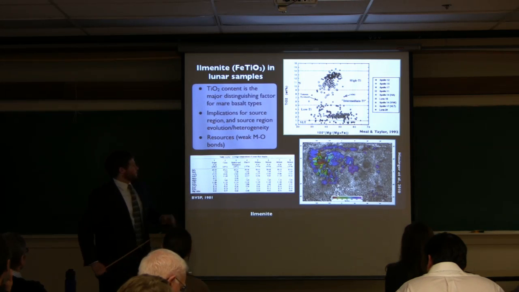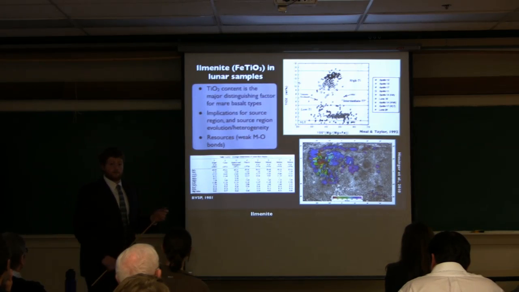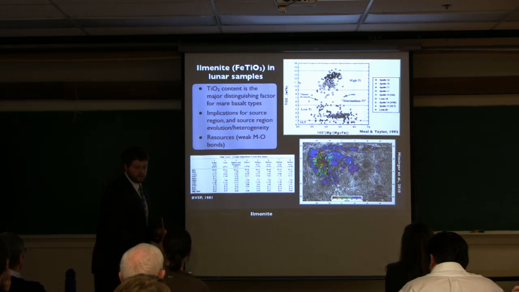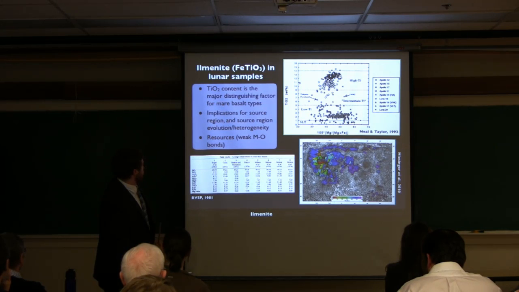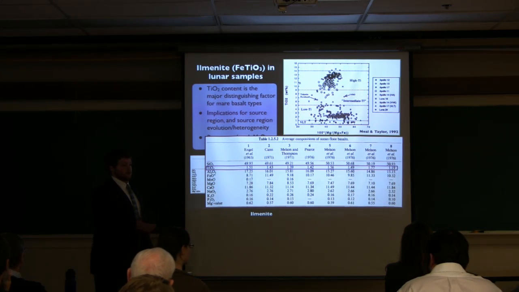Here, we can maybe get some insight into the evolution of the source region of these Mare volcanic units over time and over lunar geologic history. Just to compare to the Earth, this is a chart of chemical composition of typical mid-ocean ridge basalts, blowing that up a little bit. Comparing the titanium contents from these to what we see on the moon, you can see that lunar basalts